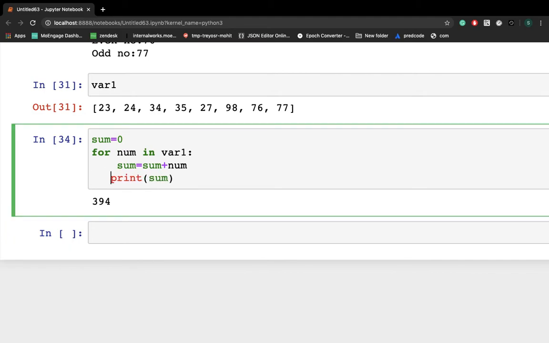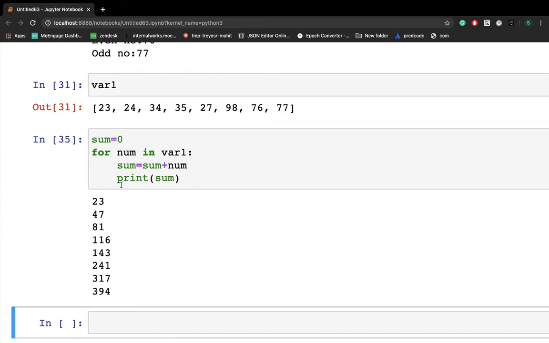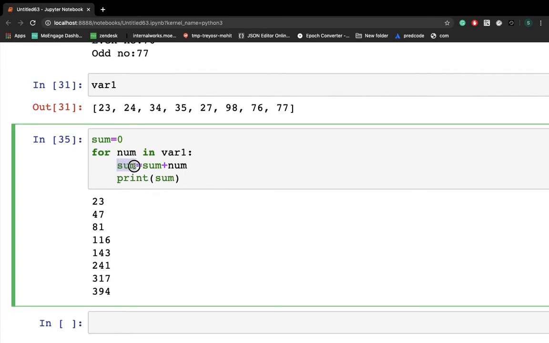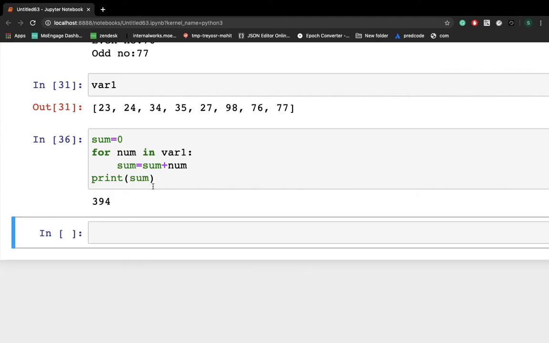So this is all about indentation. That's why indentation is very important for writing Python code. If you print sum here, you will get all the values. Whatever value is coming in sum, you will print it, right? But if you put the print here, the last value of sum gets updated. First num will iterate through all values and sum gets updated, and at the end whatever value is there in sum, we'll print this, right? So this is the second example.